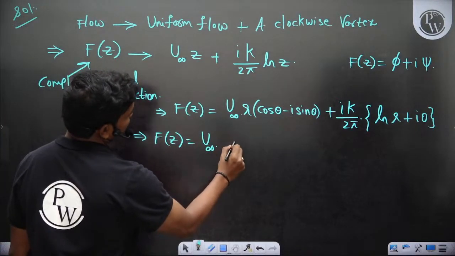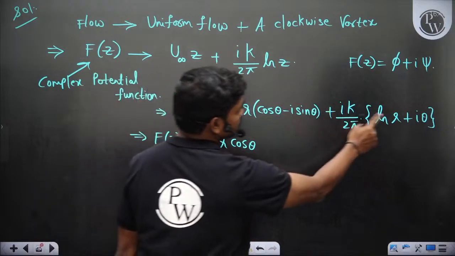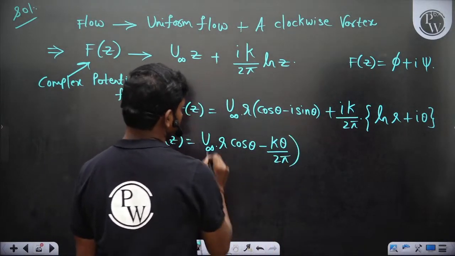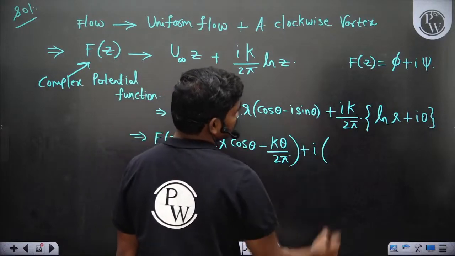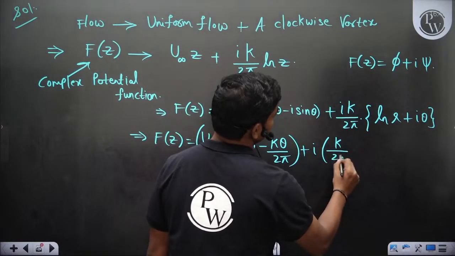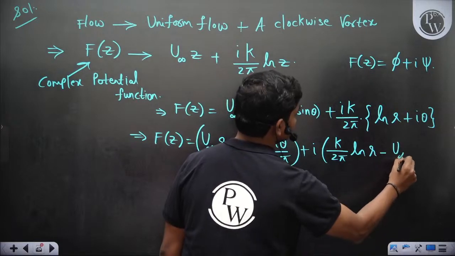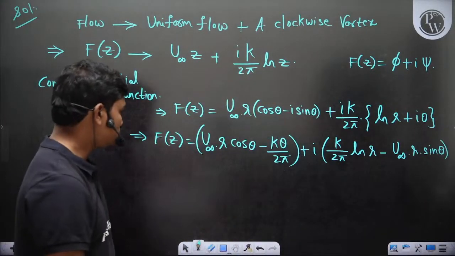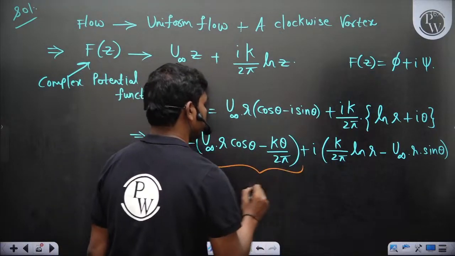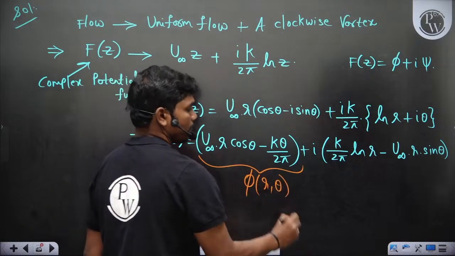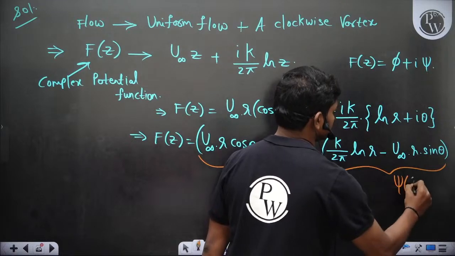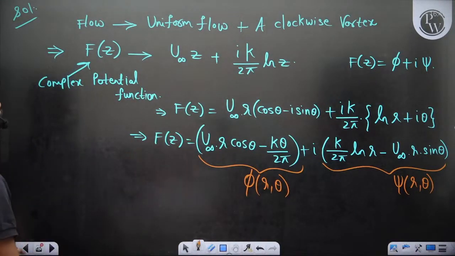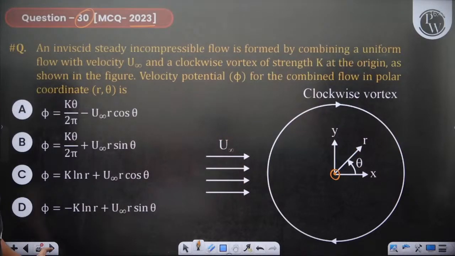u infinity into r cos theta, then plus I into I minus, so minus k theta upon 2 pi plus I into k by 2 pi ln r minus u infinity r sin theta. So this is the splitting, you can do it. So clearly now this is the velocity potential function and this is the stream function, that's all. Okay, so you should have something like this: u infinity r cos theta